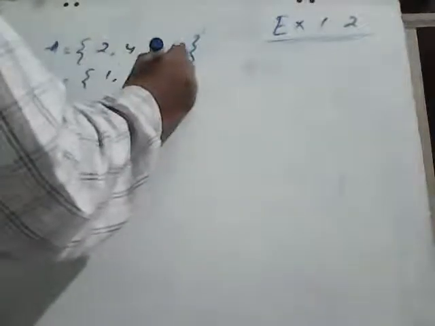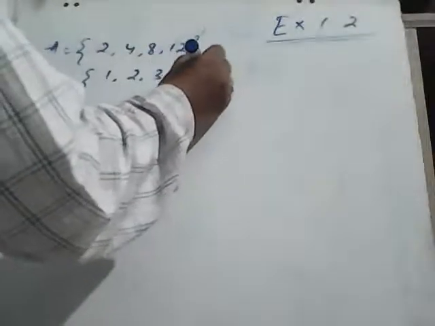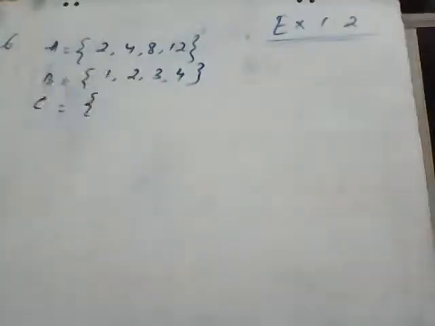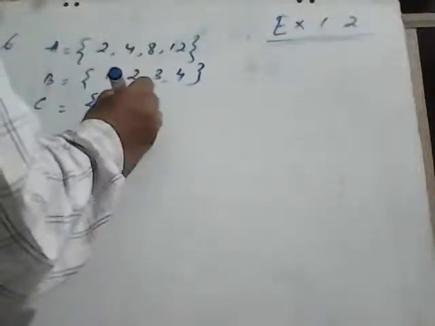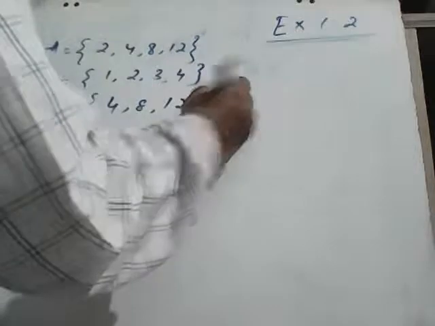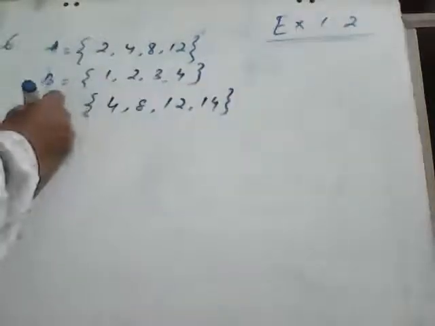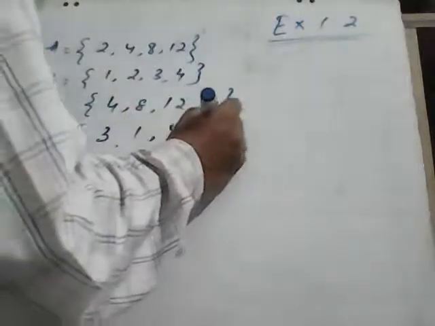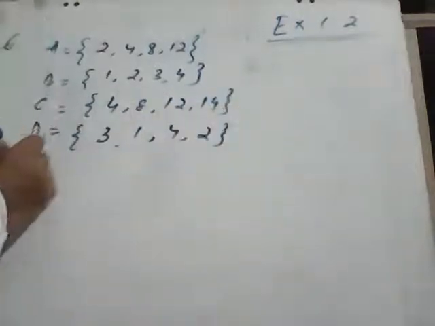Then set C. Here it is 4, 8, 12, 14. Then set D. In set D, 3, 1, 4, 2. And set E,